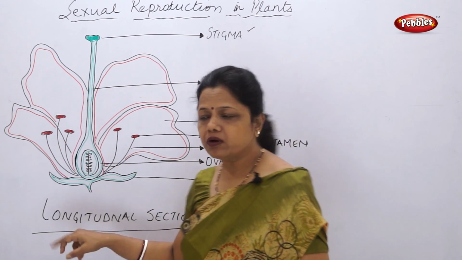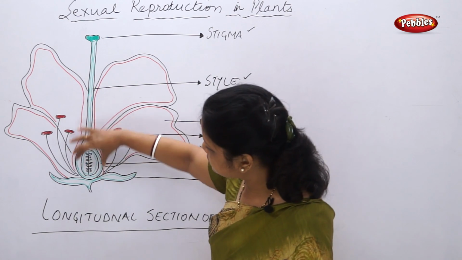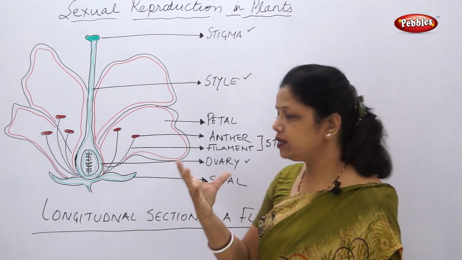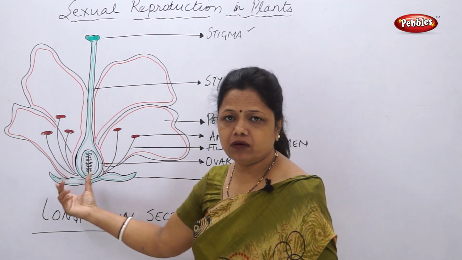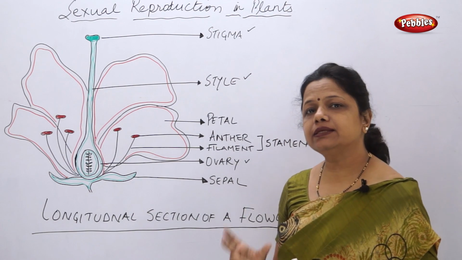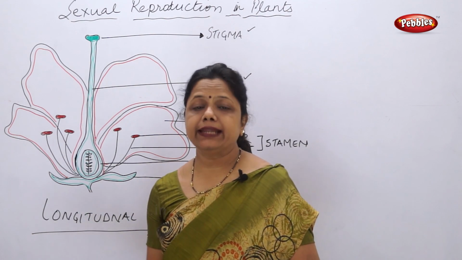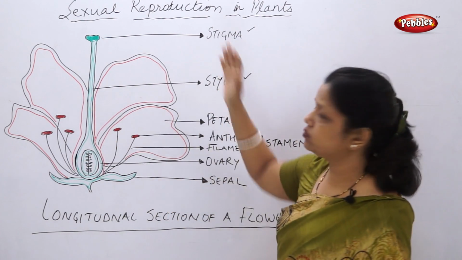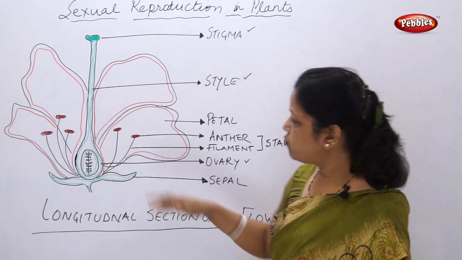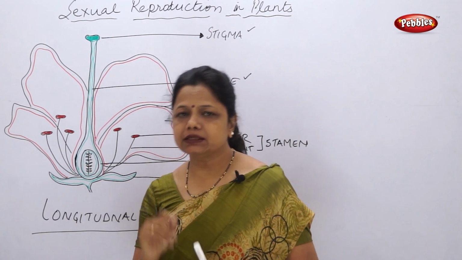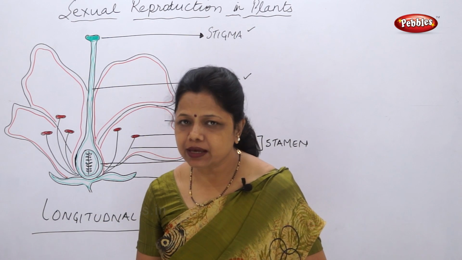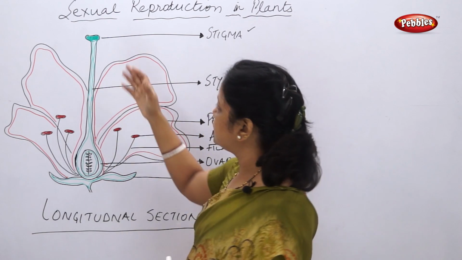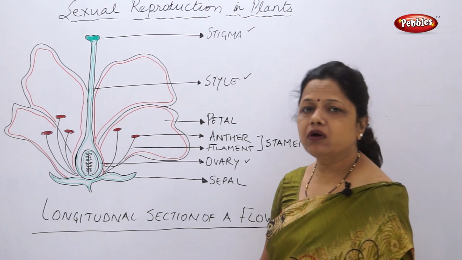The third part of the female reproductive organ is this swollen part down. You can see the part which I am describing: stigma, style, and this is the ovary. The ovary is a swollen part which is at the base of the flower. This swollen part consists of a number of ovules, and each ovule contains an egg, that means the egg cell. So these three form the female reproductive organs. What are these egg cells involved in? Egg cells are involved in the fusion with the male gamete and converting it into seeds and fruits. So these are the three major parts of the female reproductive organs.